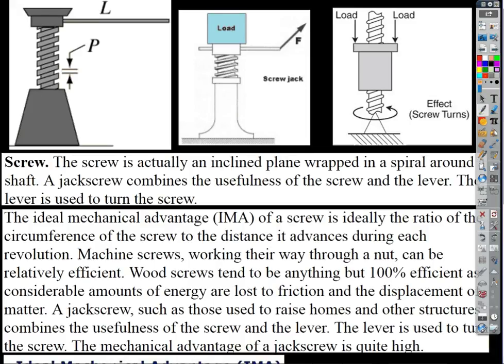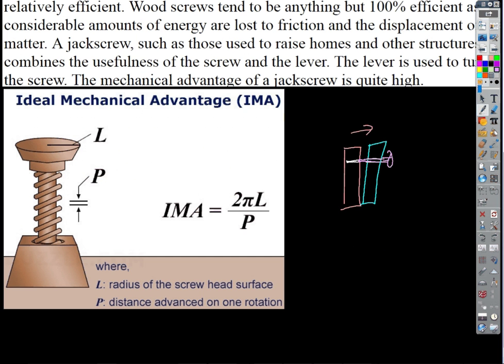What happens if you live in California and your house is damaged by an earthquake and you have to lift up your house? Screw jack. You can do it by hand. Seriously, you could lift up your house easily by hand if you had a screw jack with a long lever on it. Let's do a little calculation. Throw this in your calculator. If on a screw jack the distance between rotations, we've got a really fine thread, so that's going to be, let's say, well,